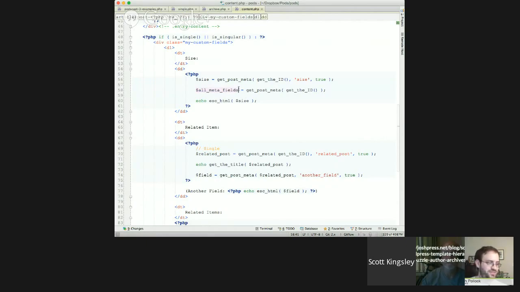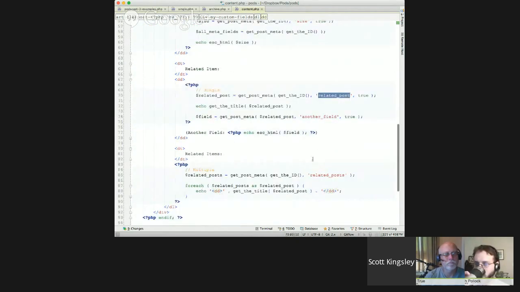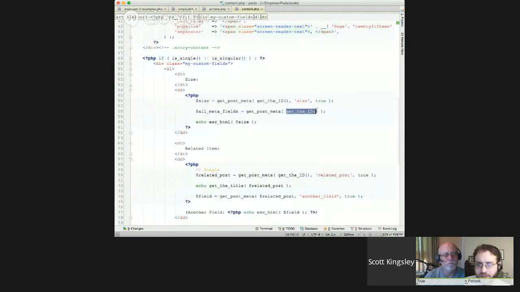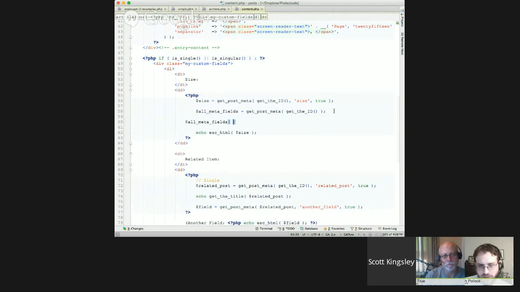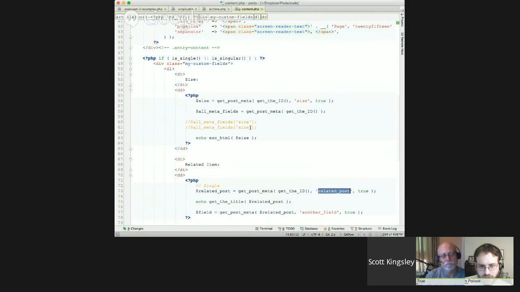So the secret sauce within WordPress is that whenever you get any field out of the database, it gets all the fields and stores them in an array that it caches for reuse. Every time you do a call like this, size or another field related post, it stores that array based off the current post ID that you're referencing for the metas. So calling all meta fields and then doing it off the array here, or for the related post, won't be very much more performant than calling it with GetPostMeta